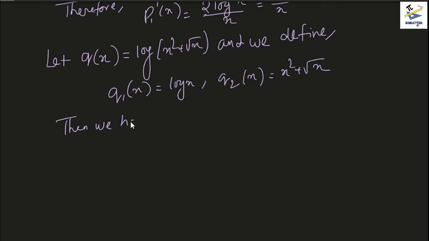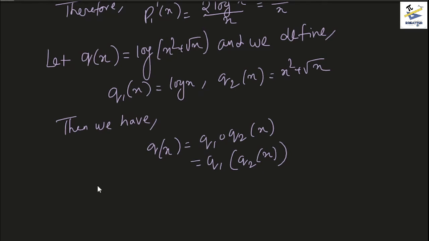Then we have q of x equals q1 composition q2 of x, right? So this is basically equal to q1 of q2(x), and by using chain rule